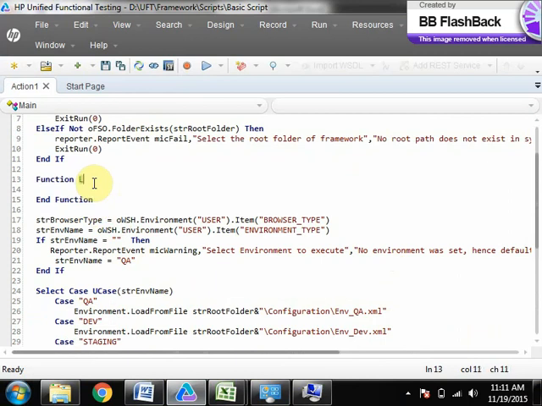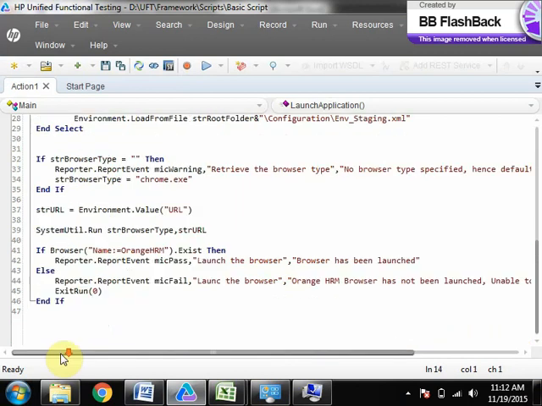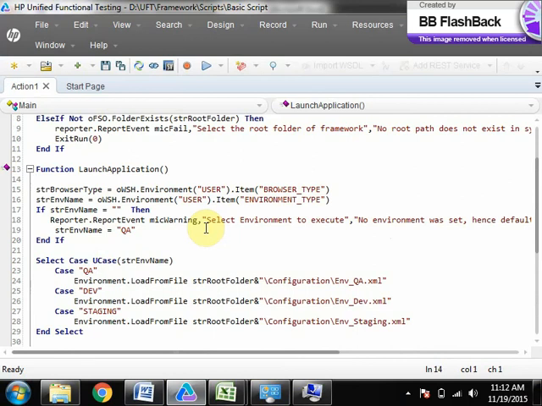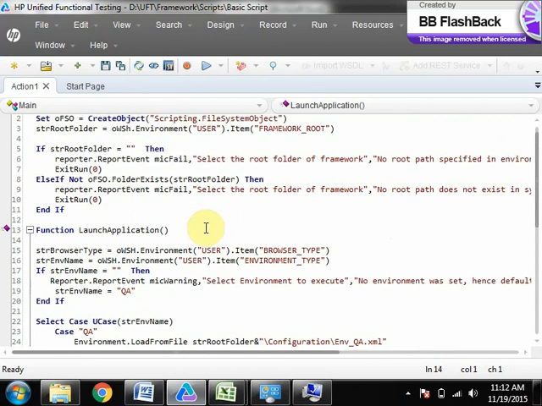Function LaunchApplication. So this is the function for launching the application.